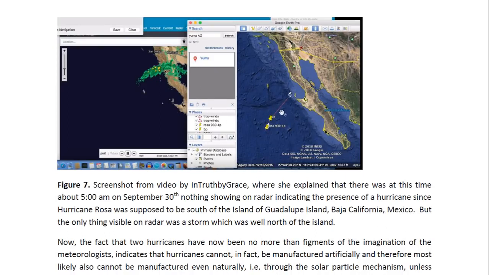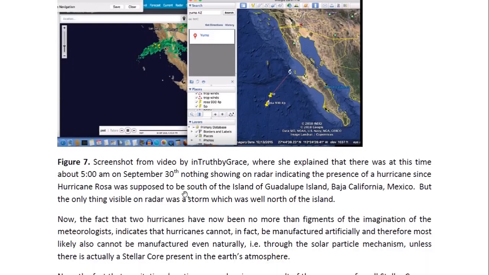So this was where the hurricane was supposed to be. So it was supposed to be south of this island here, but there was nothing showing on radar at all. There was nothing there. And there was, however, this storm, which seemed to have been manufactured artificially. But this was just a storm with lots of rain, but no hurricane.